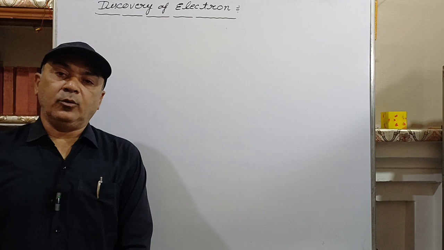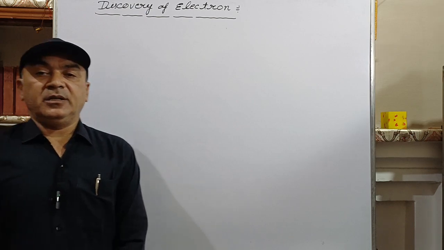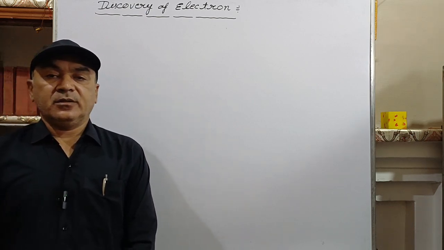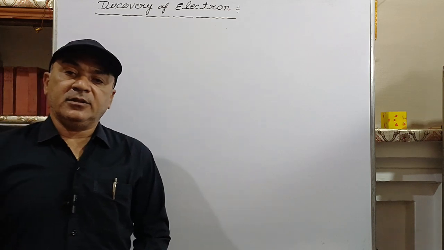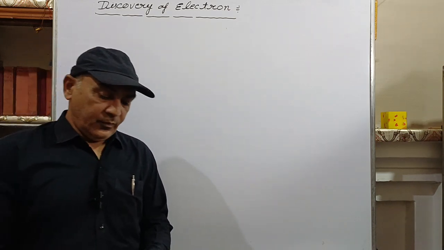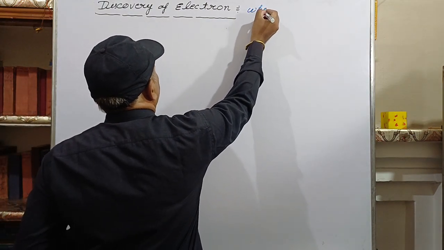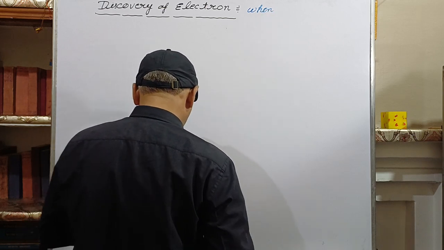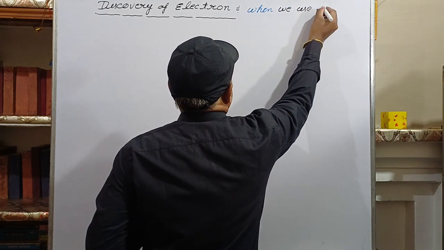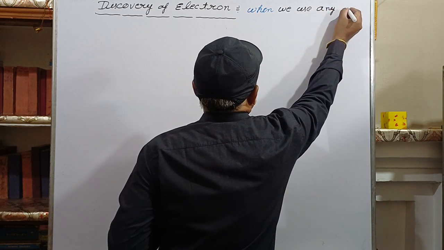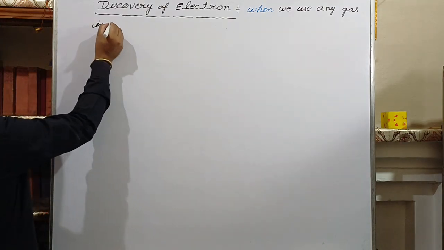Today we are going to discuss the discovery of electrons. The discovery of electrons is closely related to the study of cathode rays. Cathode rays are the rays which travel from cathode to anode in a discharge tube, and a gas is used in the discharge tube. So now, when we use any gas in a discharge tube,